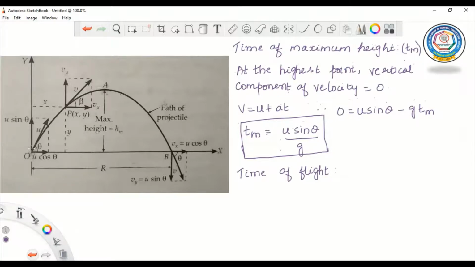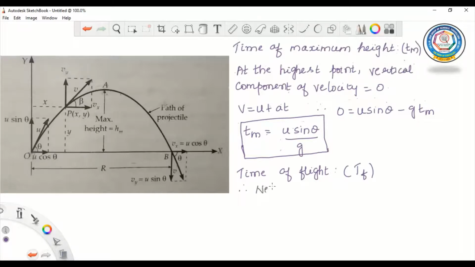We know the path of the projectile is from O to A, again from A to B. Already we calculated the time to reach this point A. Now we are going to calculate the total time, which is nothing but our time of flight, represented by TF. In order to calculate this time of flight, once again we are going to consider net vertical displacement covered